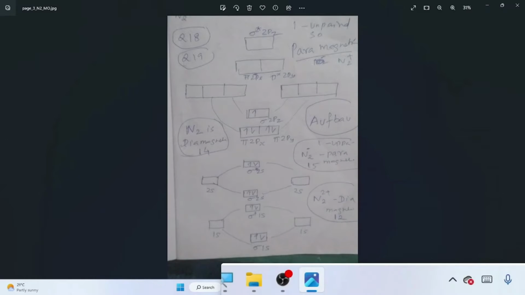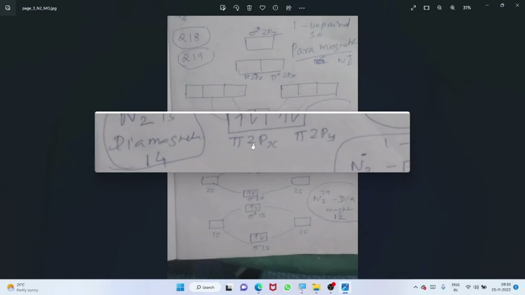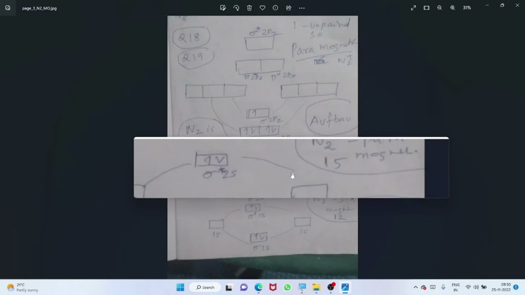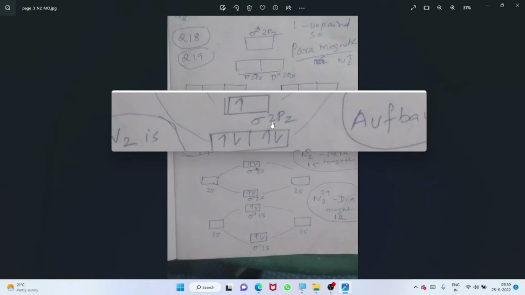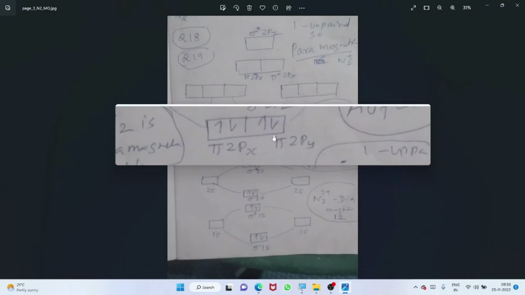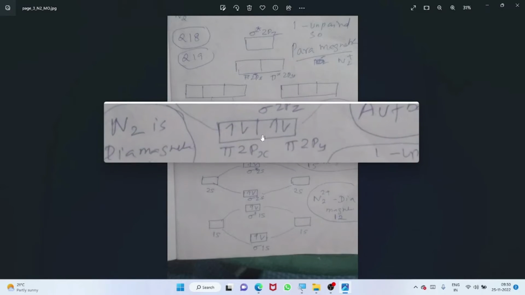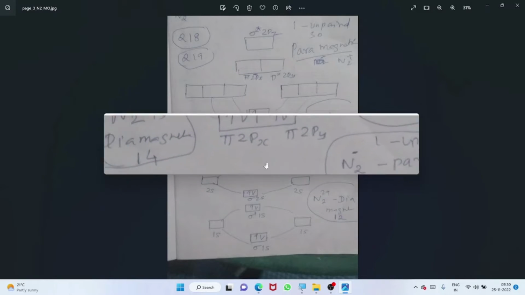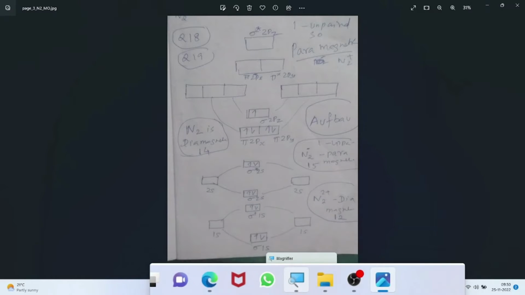So here for the nitrogen, you see pi 2px and pi 2py come first. After that only sigma 2pz is coming. See, this 2pz is having the sigma bond, 2px and 2py having the pi bond. So the question is,